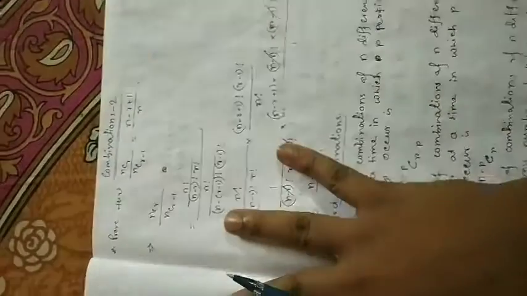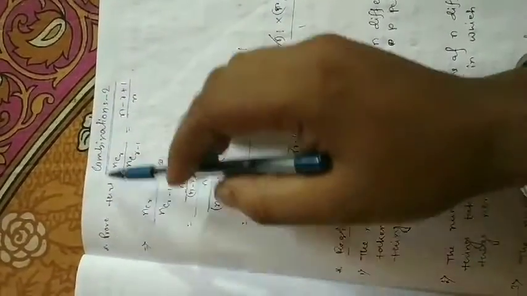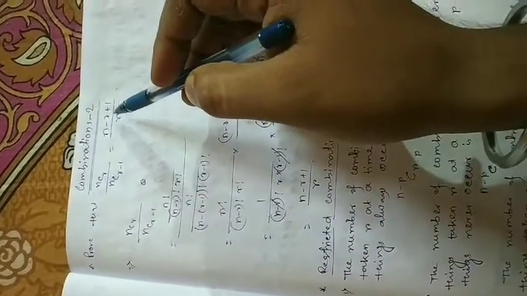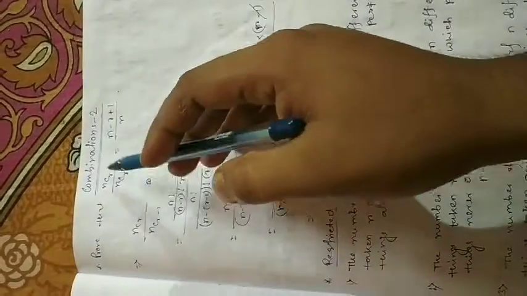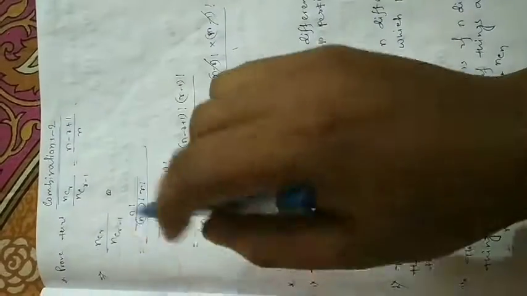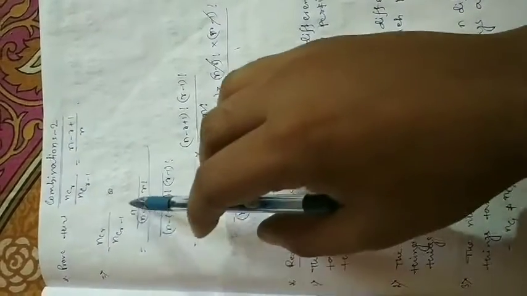I have given you a proof to solve by yourself. Now the solution of that question is: prove that nCr by nC(r-1) equals (n - r + 1) divided by r. So we start from the left-hand side, nCr by nC(r-1). By the formula of combination, n factorial by (n - r) factorial into r factorial